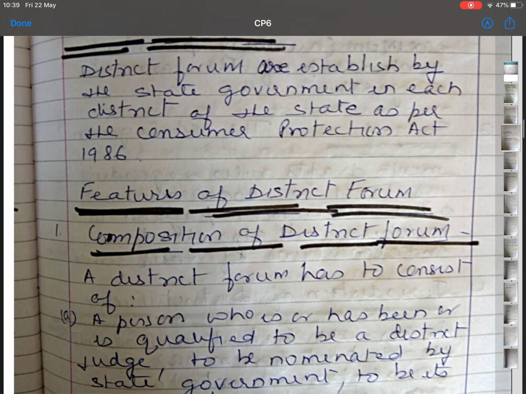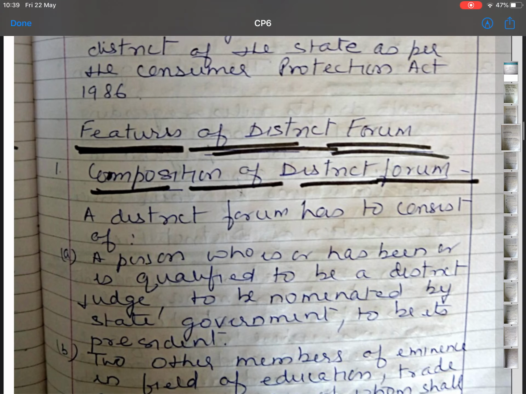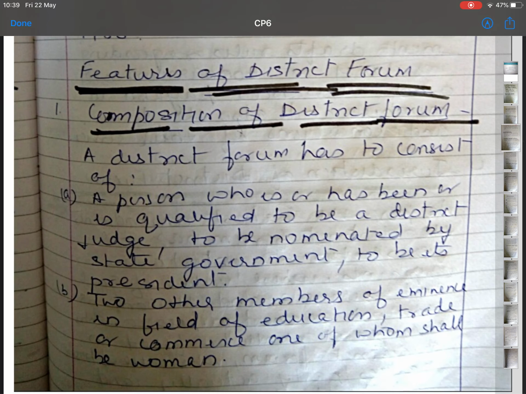Now, the composition of district forum. Section 10(1) provides that each district forum shall consist of a person who is or who has been or is qualified to be a district judge, to be nominated by the state government as the president of the district forum, and two other members, one of them shall be a woman, who shall have the following qualifications, namely, be not less than 35 years of age,